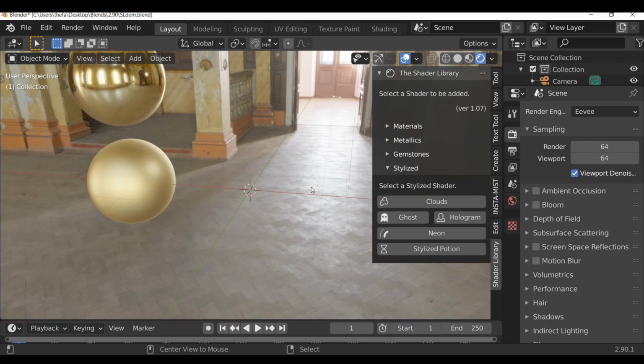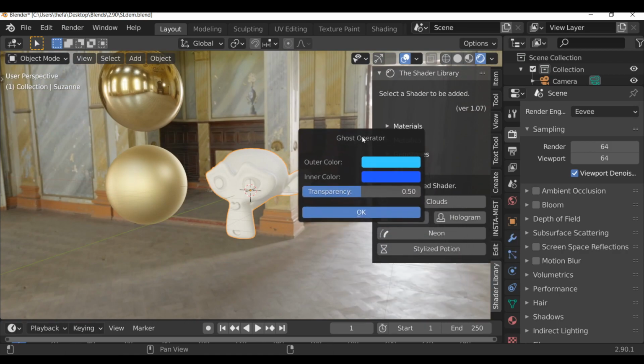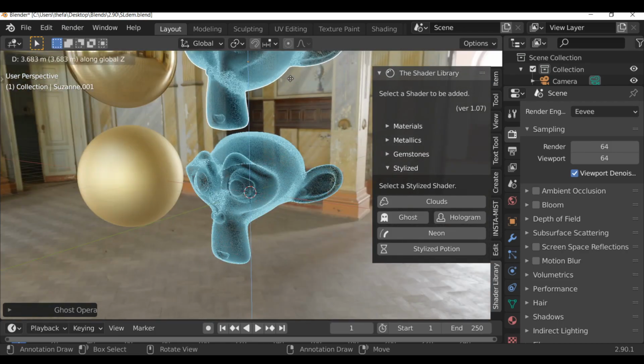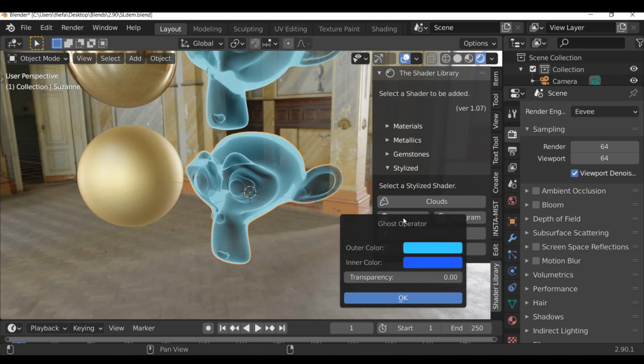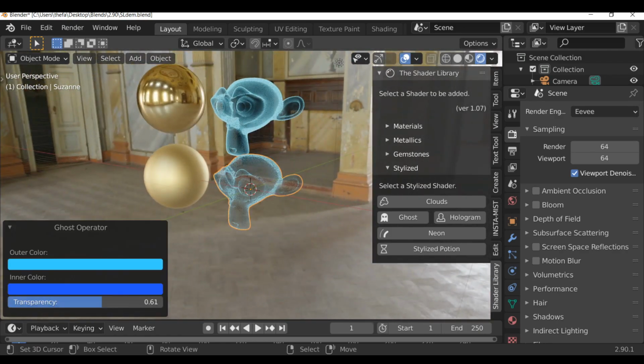Let's add an object to apply this to. So we're going to turn Suzanne into a ghost, so let's go ahead and click ghost. So you'll notice the operator is pretty much the same, except we now have this transparency slider. And the way this works, at 1 it'll be fully transparent, you won't see anything. And at 0 it'll have some transparency since it's a ghost shader, but nowhere near as much as 1. So let's go ahead and take a look, click OK. Then let's click this again. Let's increase this to make this more faded, so we can see it's nowhere near as visible as this one. And again, you can change this on the fly anytime you want.